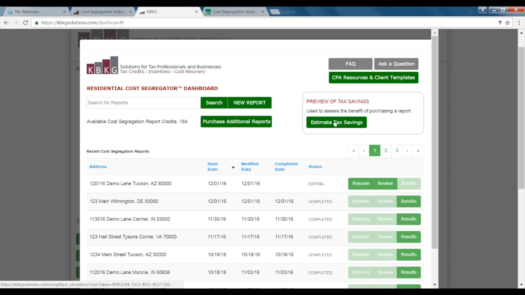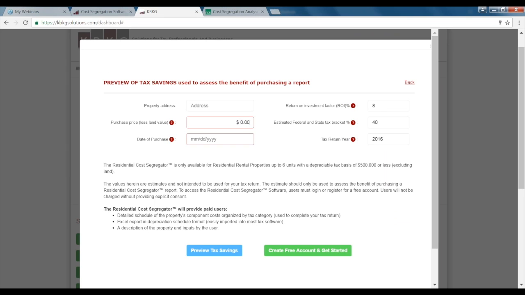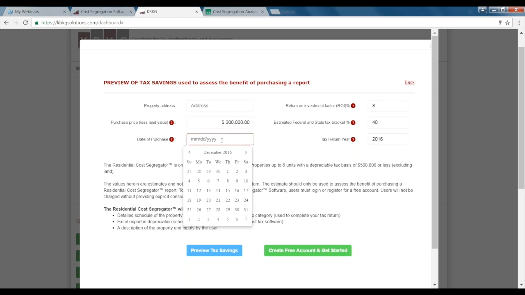Now I said step one is to estimate the tax savings because you don't want to go ahead and generate a report before your client agrees to move forward with the study. So there's a button that says estimate tax savings, and all you need to do is put in the tax basis. So if you're looking at a depreciation schedule and you see a residential rental home purchased with a tax basis of $300,000